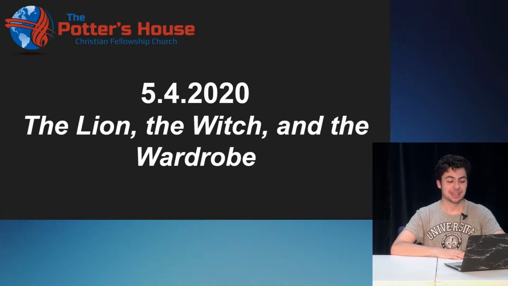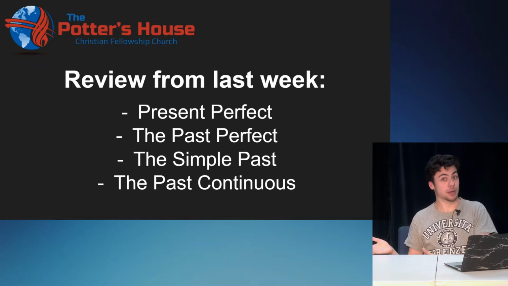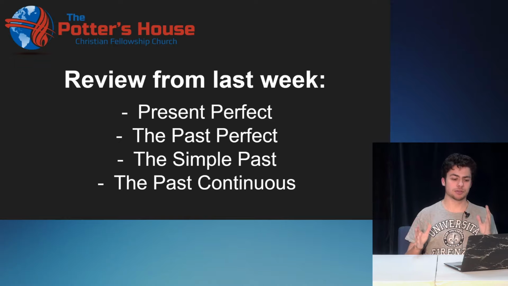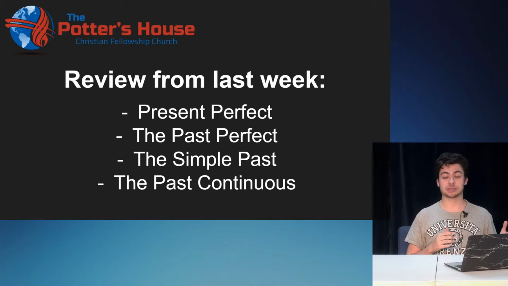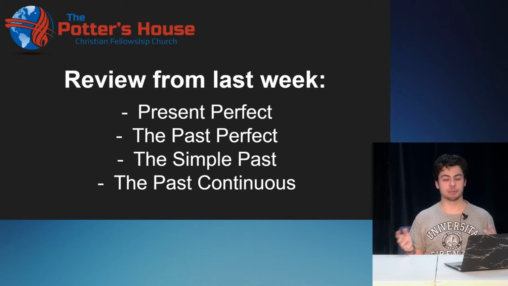So just to review from last week, we did a lesson that was kind of helping to prep us to look at fiction novels, and we talked about talking about the past. There are 4 basic ways to look at the past in English, and as you see on the screen, there's the present perfect, the past perfect, the simple past, and the past continuous. If you want to learn about these, I highly encourage you to look at last week's video. There you'll find a slideshow, same thing like this, but with a slideshow, and we go through each of these and look at examples and whatnot.